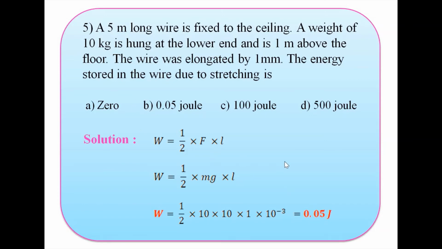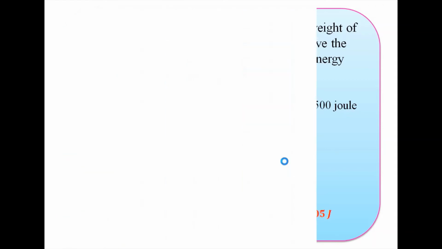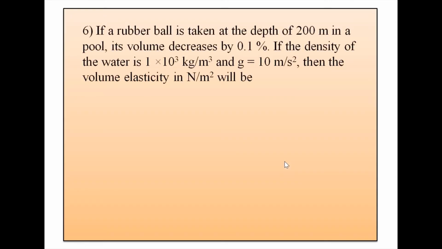Let's see the next objective. If a rubber ball is taken to a depth of 200 meter in a pool, its volume decreases by 0.1%. If the density of water is 1 into 10 raised to 3 kg per meter cube and acceleration due to gravity has the value 10 meter per second square, then the volume elasticity in Newton per meter square will be...